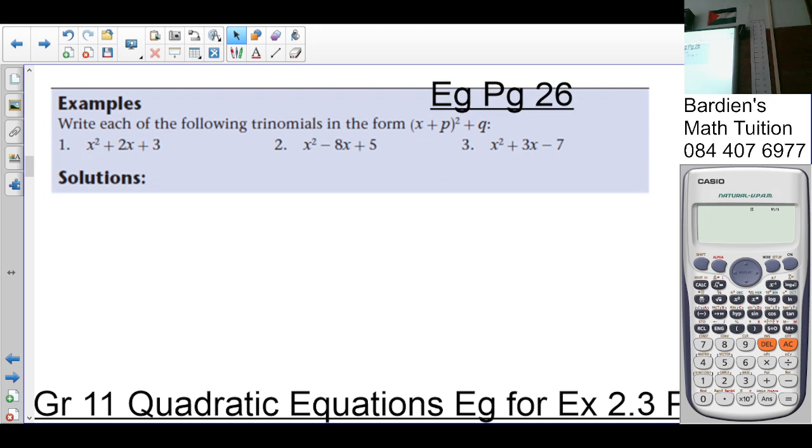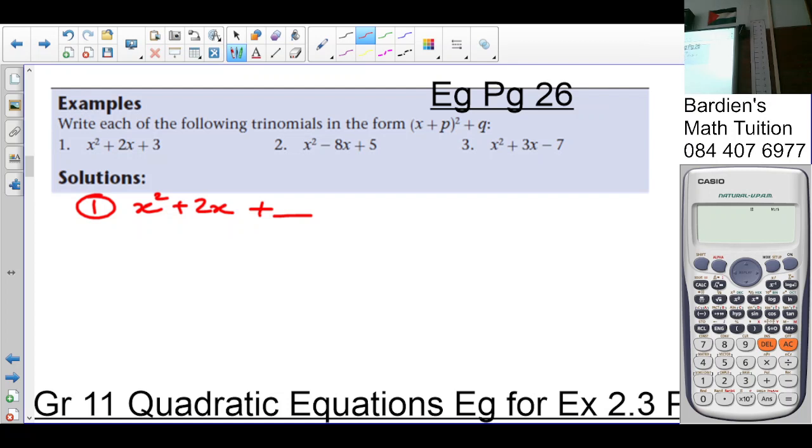So the first is, we are told to write each of the following trinomials in the form of x plus p all squared plus q. So looking at number 1, we ask ourselves, we've got x squared plus 2x. Now, we need a third number to complete the square with. Not so. But now, since it's the form which we must write it in is x plus p all squared plus q,